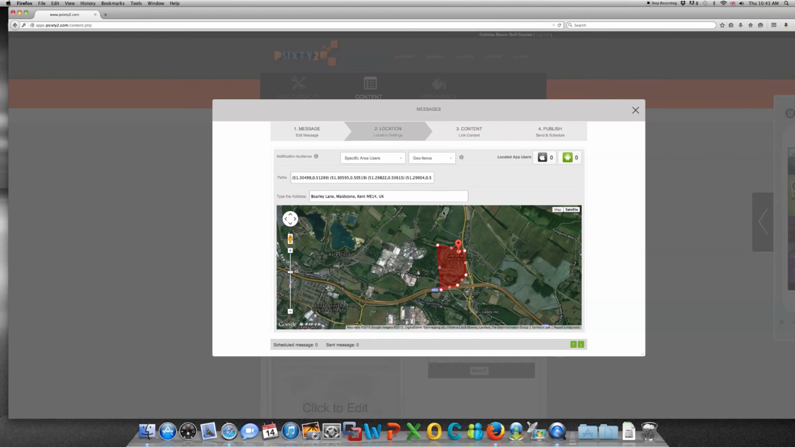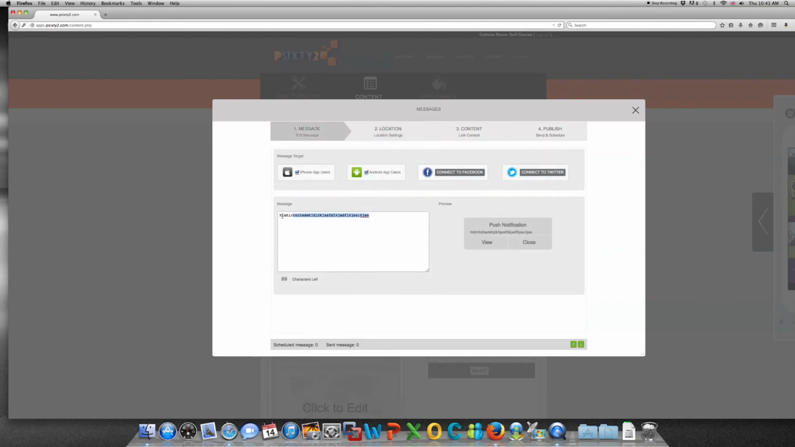So with this specific area, users and geofence selected, this means now anybody entering this zone will receive this triggered message. It will automatically trigger. So let's just change that. Let's give you an idea of what that means. So if we go back here, we could change our text, and now we could welcome